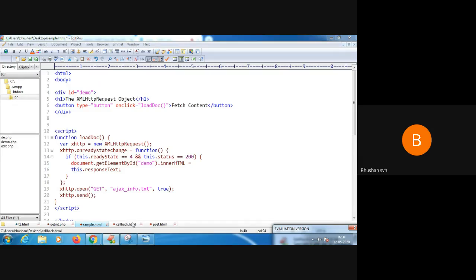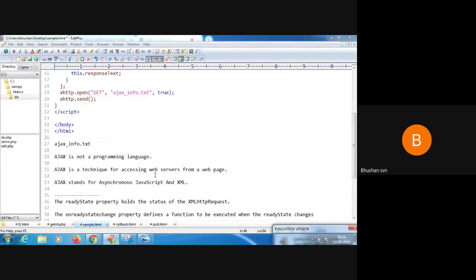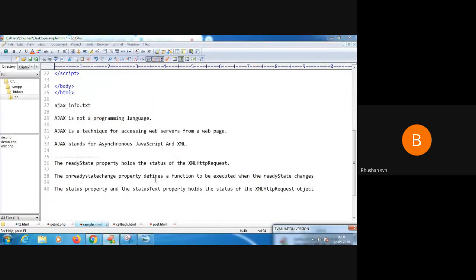What is this onreadystatechange? It defines the function to be called, and the function is loadDoc. I also told you in the previous class about the readyState and the status. What does readyState do? The readyState property holds the status of the XMLHttpRequest.